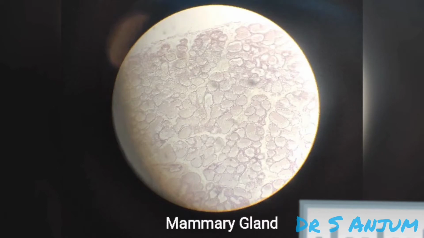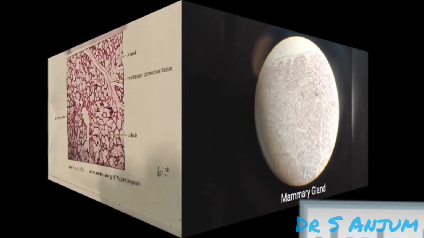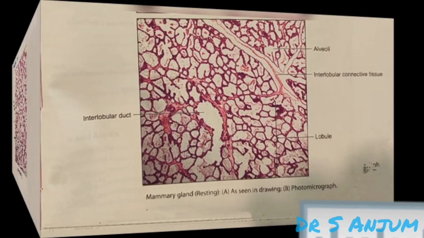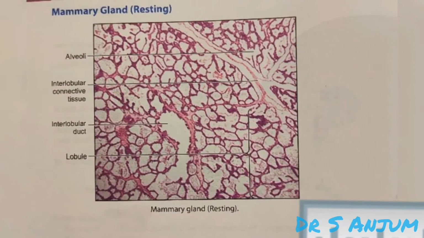The mammary gland consists of 15 to 20 lobes, each of which is an individual compound tubulo-alveolar type of gland. Each lobe is separated by dense interlobular connective tissue. A lactiferous duct emerges independently from each lobe, and beneath the areola, these lactiferous ducts dilate to form the lactiferous sinus, which acts as a reservoir for the milk, and finally the duct opens at the nipple.